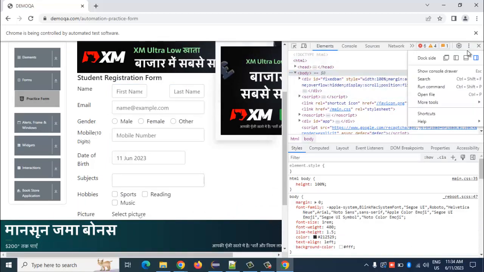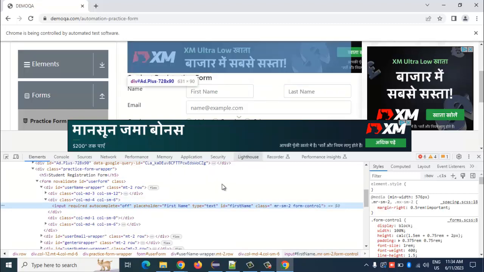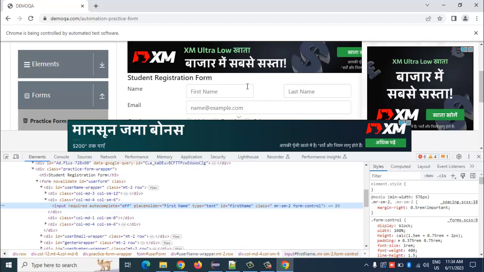When you right click on it and inspect, it will take you to the HTML DOM, the source code of this particular web page, and the specific field line gets highlighted over here. And here, as you can see, the HTML tag associated with this object is the input tag. Input is the HTML tag, and there are different attributes and values, as key value pairs, that you can see for each of these